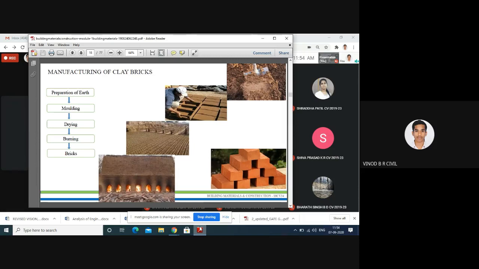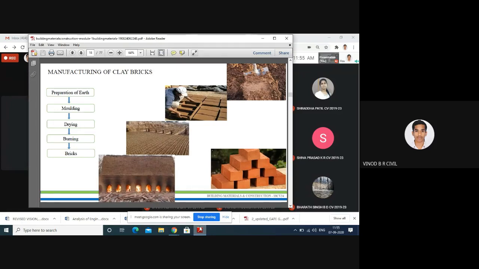And the next one is the burning process. How do we have to burn the brick? There are different types of burning process. Twenty to thirty years back, they went for the conventional method. With the help of wood or charcoal, they burn the bricks. Because of this burning process, we can expect overburning at the bottom of the brick. And what about the top one? They burn lightly. In between, it is moderate. These kinds of burning we can expect, especially in the conventional burning process.